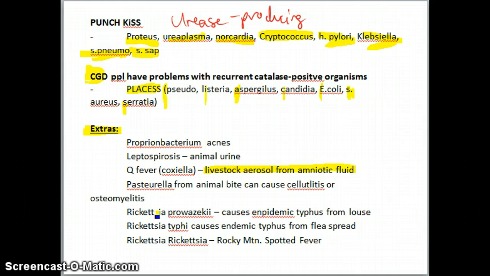A lot of times you'll get this when you're handling manure or straw, or people at slaughterhouses will be at risk also. Places where feces or urine would dry and then go out as aerosols. So let's talk about Pasteurella. Pasteurella, as I said, can come from an animal bite, dog or cat typically, and you can get cellulitis or osteomyelitis from that. And then your Rickettsias, we talked about Rickettsia, I call it Ricky, Rocky Mountain spotted fever down in the southeast United States. Make sure you don't confuse that with the bullseye rash of Borrelia burgdorferi, which is going to be more in the northern U.S. Rickettsia also has a typhi form for endemic typhus, and it has a Prowazekii form, which is going to cause epidemic typhus as well.